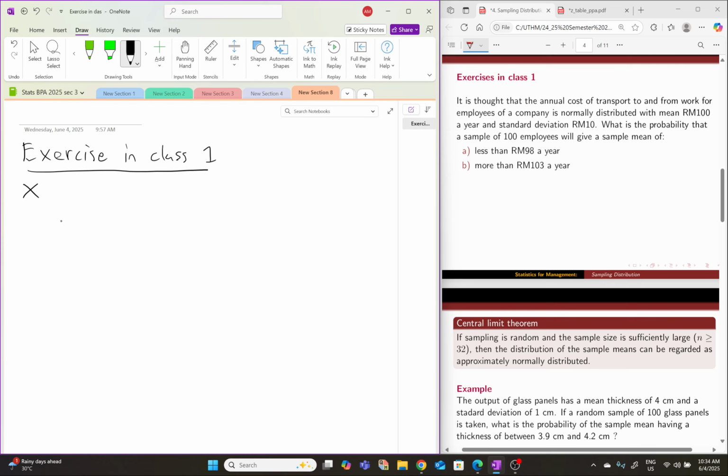X is annual cost of transport. Just put cost of, and this cost can be normally distributed